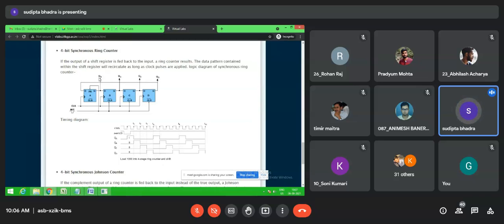Means this 1 is shifting from the first D flip-flop Q to the second D flip-flop Q, then again to the third D flip-flop Q, and here you can see the last D flip-flop Q is given as an input to the first D flip-flop D. So it is forming a ring, and that means what? When 000